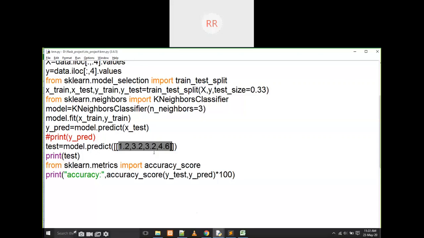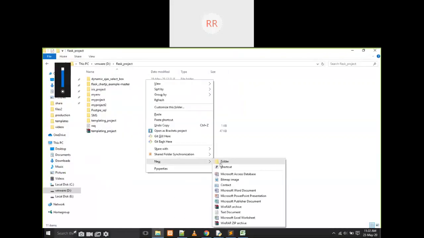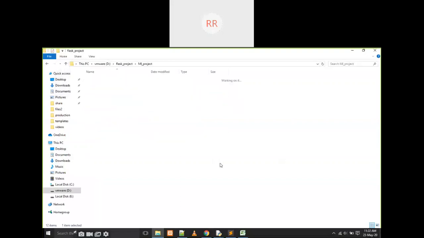Okay, now I am taking one folder, ml underscore project. In that, for identification I am giving the data and the algorithm Python code for verification, that's it, nothing else.